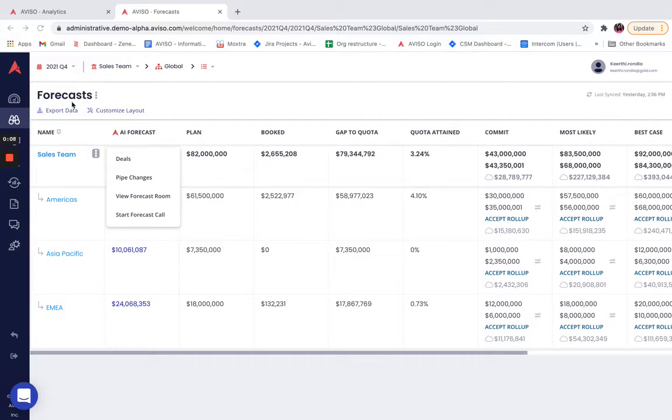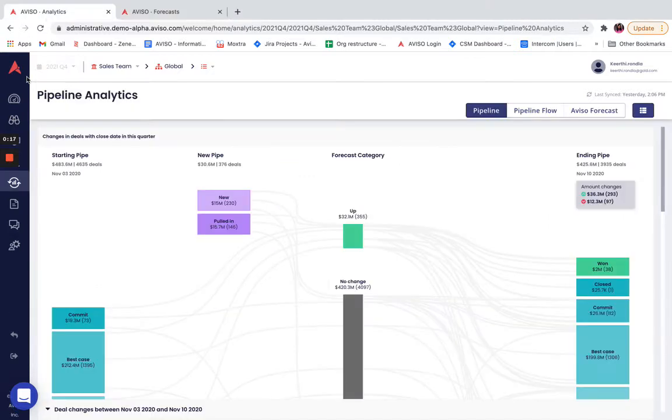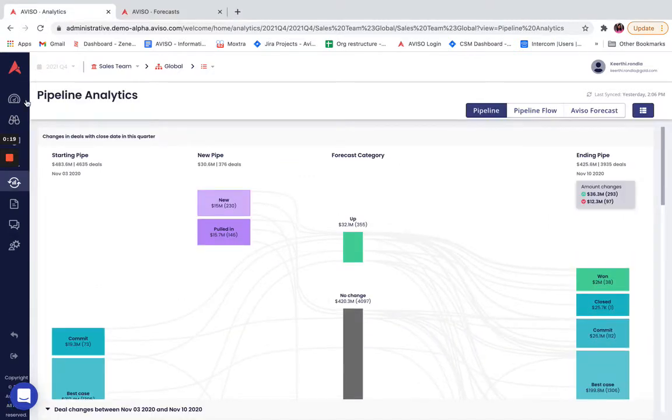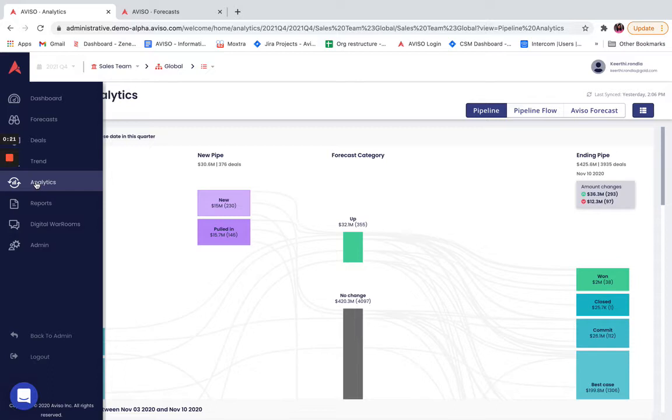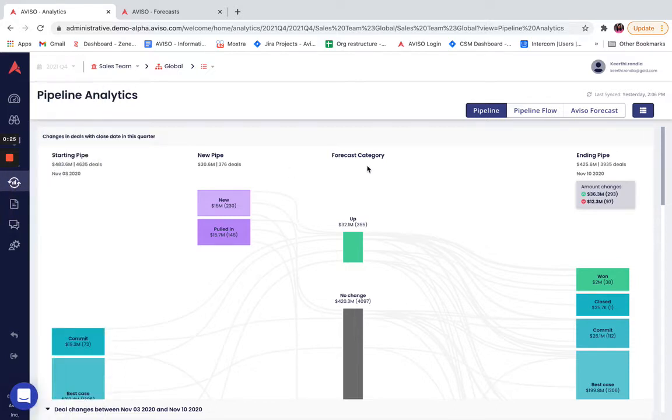To access this feature, there are two ways. One, log into your Aviso application, go to forecast and then click on pipe changes here. And the second way is log into your Aviso application and on the left hand navigation bar, click on the analytics icon here. Pipeline Analytics provides a visual representation of all your opportunities in your pipeline and answers questions like